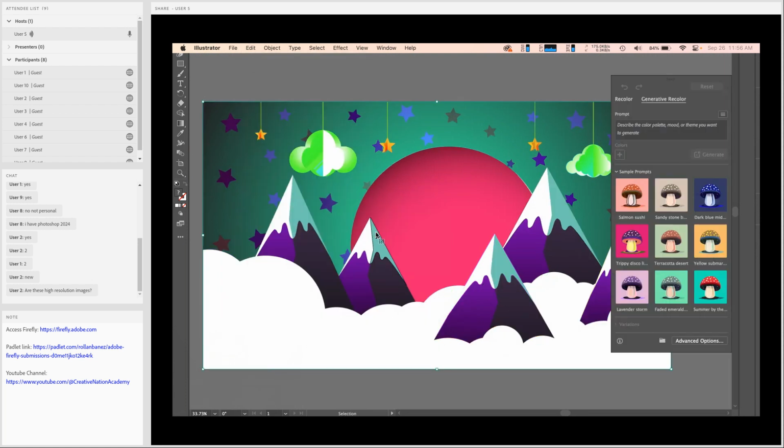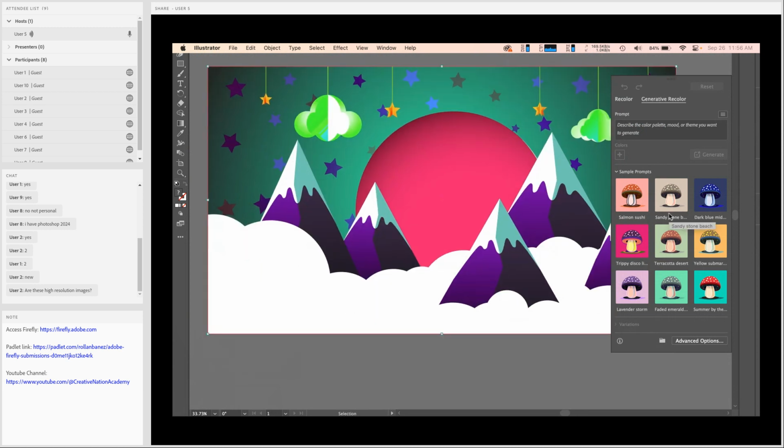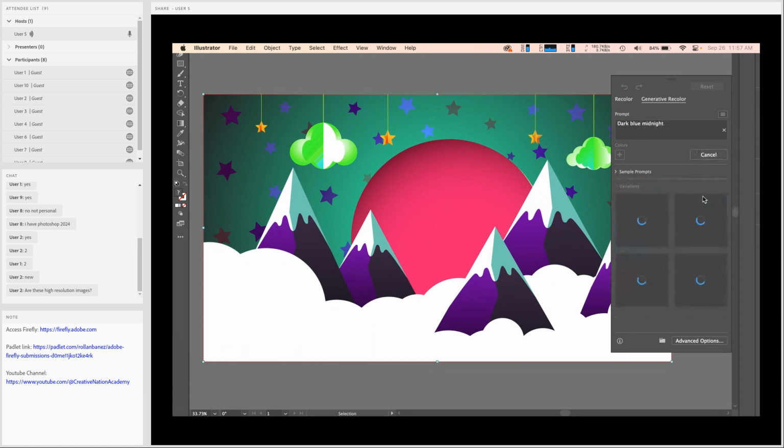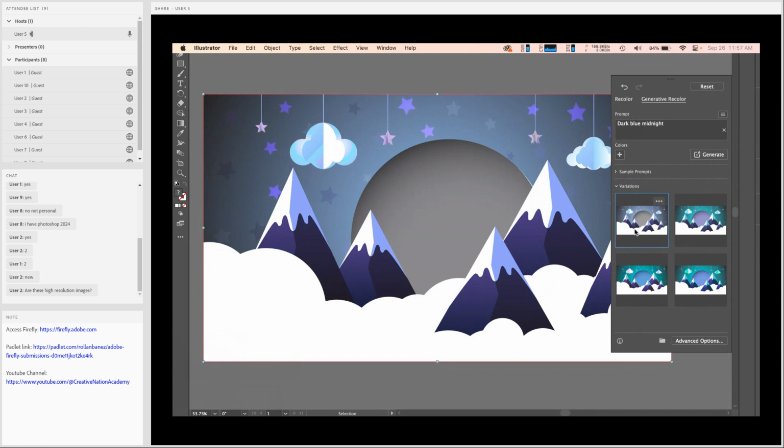If you click on that, this will also access the familiar thing that we have on the website itself. As you would see, even the sample prompts are still the same. Let's click on this one, and the great thing about this is that it will give you the exact preview of the colors that you have. For example, if I want this to be a very muted one, let's click on that. By just doing that, it saves me a lot of time by using generative recolor. Okay, so that's how you can use generative recolor in Adobe Firefly and even in Illustrator.